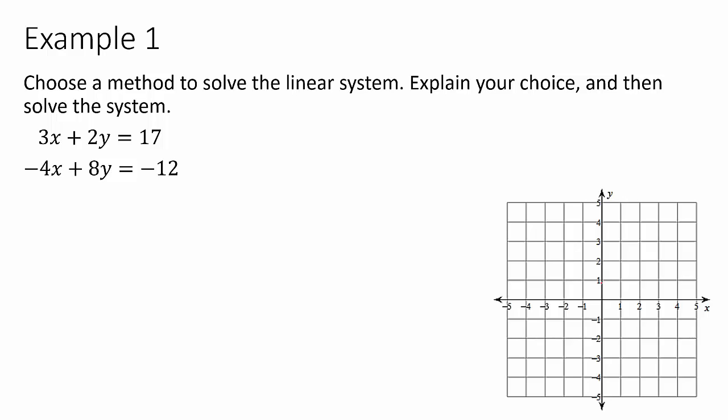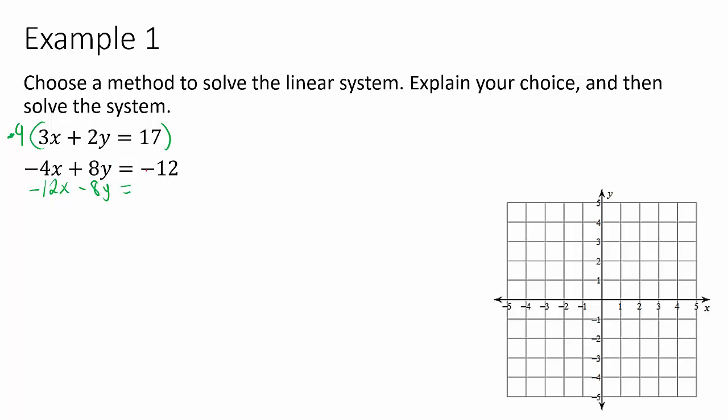form. So I personally would pick elimination here, and I would do that because I can see that either I can get my x's to have 12s in front, or my y's could have 8s in front, or 16s in front. So that means that I just have to pick a variable to eliminate. So I'll pick y, which means I need to multiply the first equation by a -4. Don't forget that we don't just want them to have the same number, we also want them to be opposite signs. So that's going to give me -12x minus 8y